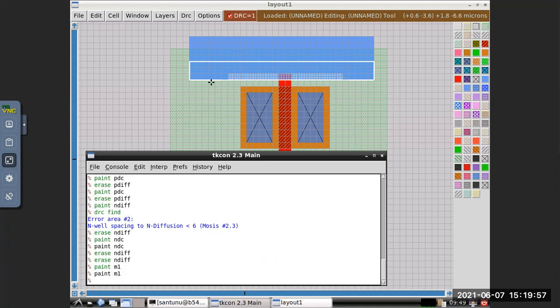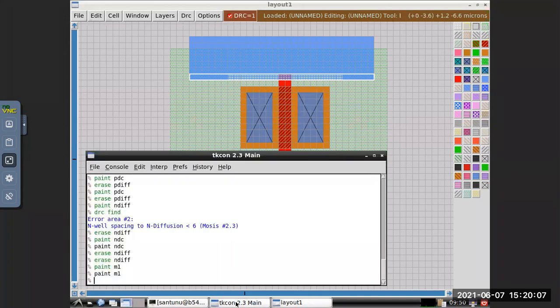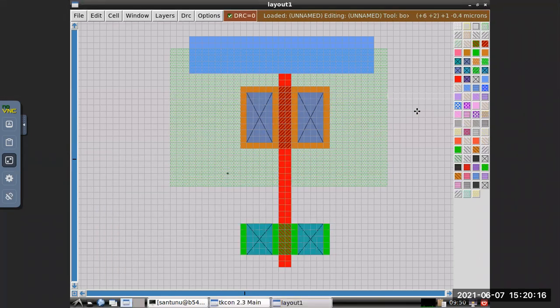So maximum you can come to this point. Erase M1. So this is 0.3 input.